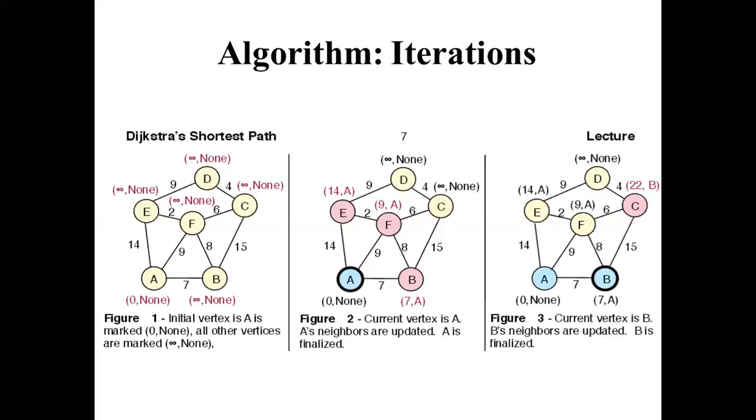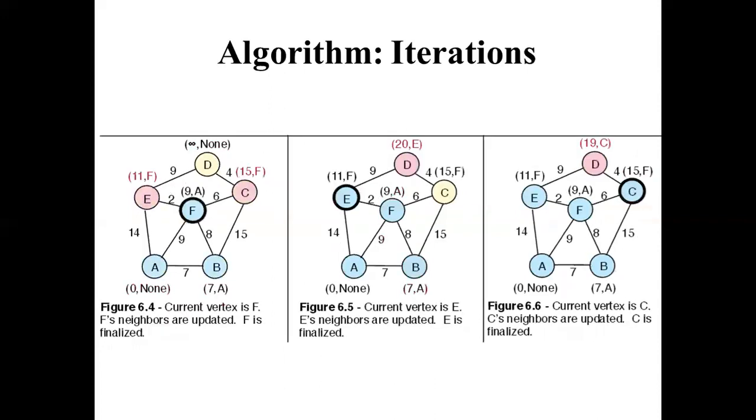So now using B, we have to see whether it is possible to find out the minimum cost of reaching the next node. So now we have to take help of B and try to reach the other nodes such as C, D, E and F. If there is a choice whether to go for the previous value or the newly found value, then we have to see which value is minimum. Let us go to the next